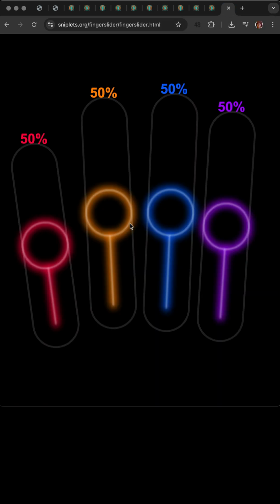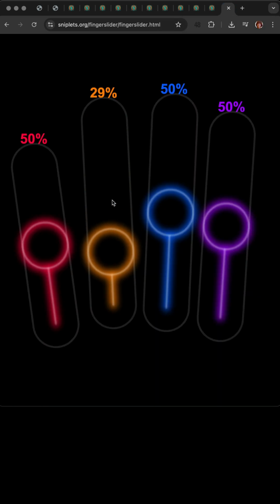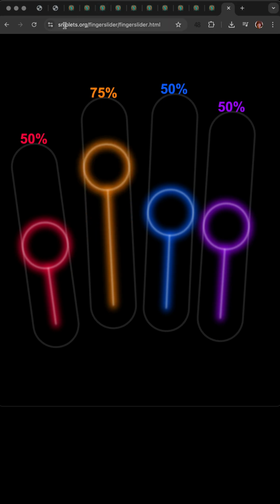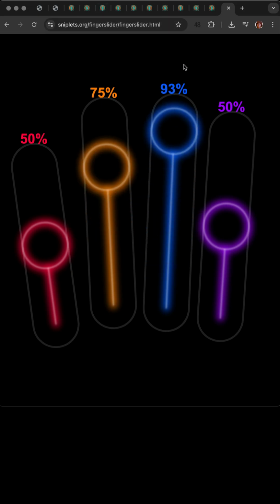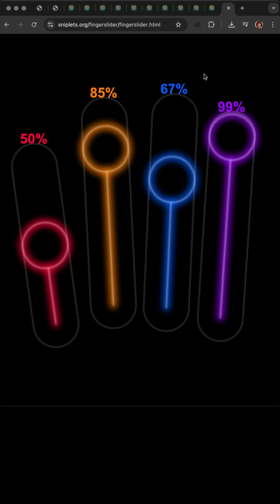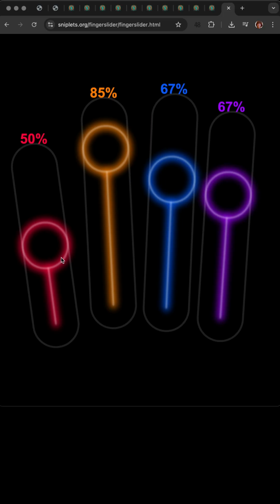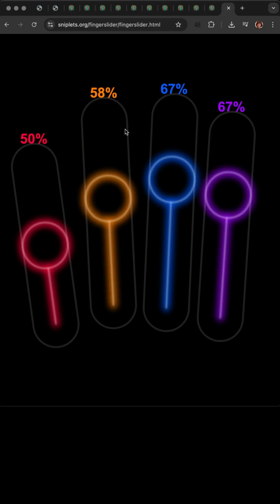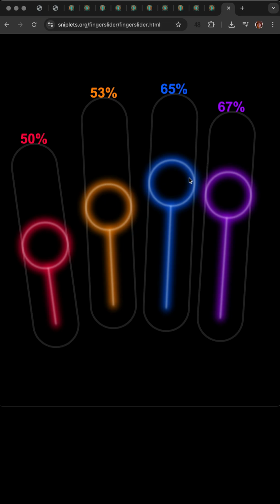And what else do I got? The finger sliders. These work well on a phone. If you go here, you can drag these with your fingers. You'll be able to adjust where they are, and they're going to be color-coded and connected to on-screen controls on your computer. So you're controlling your computer from your phone to control variables that are, you can imagine this in,